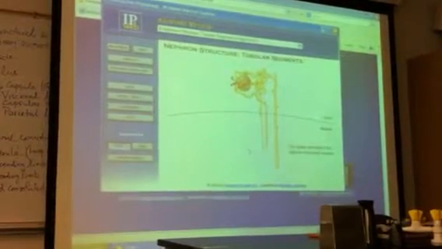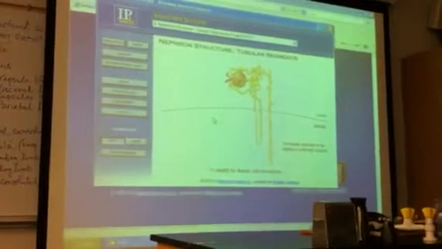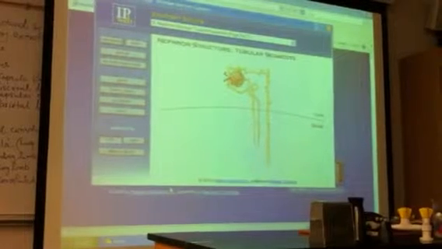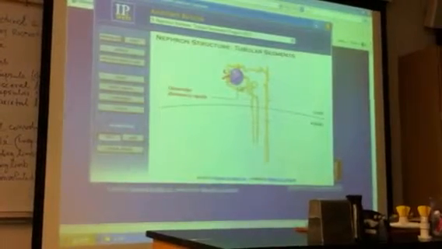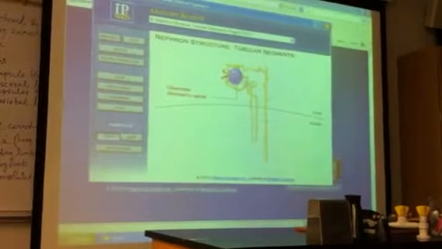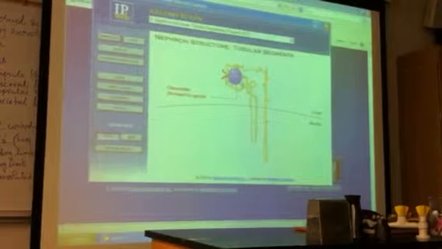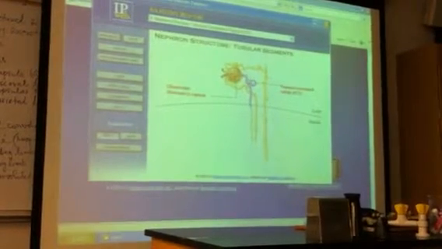The tubular structure of the nephron is relatively complex. To simplify the diagram, click the nephron again. The expanded cup-shaped end of the tubule surrounding the glomerulus is called the glomerular, or Bowman's capsule. Water and solutes pass from the blood into the glomerular capsule and then flow into the proximal convoluted tubule, or PCT.